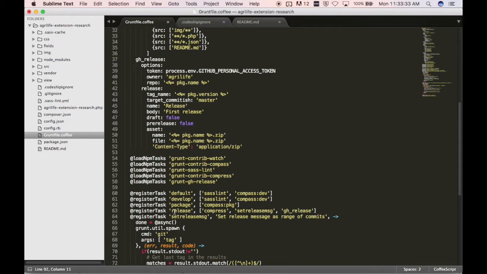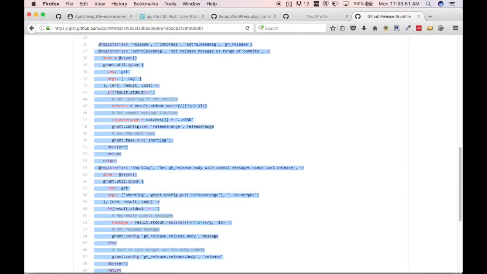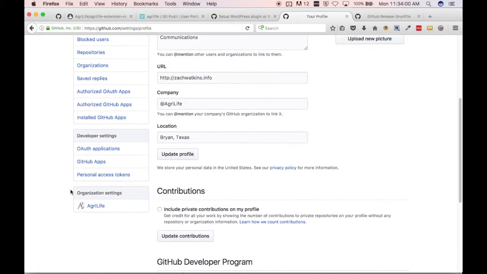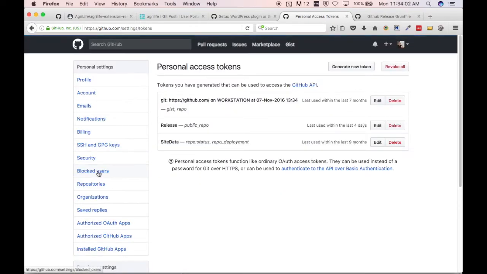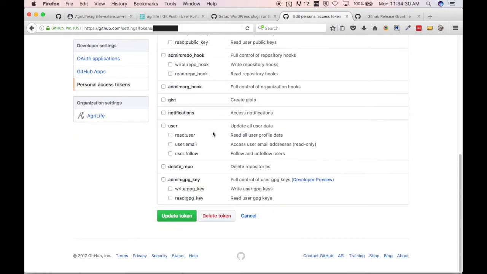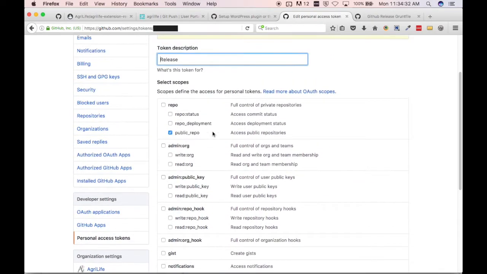They should be good as is, except you will want to change the owner name. So we save that, then create a GitHub personal access token. This is the one that I use for releasing modules, but if you were doing this for the first time, you would do generate a new token. Here you can modify the access that the token needs. For your token, it'll be public repo,